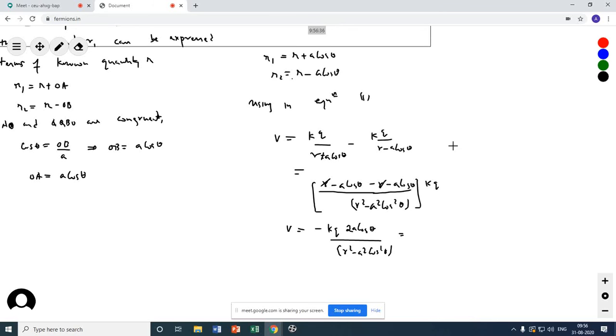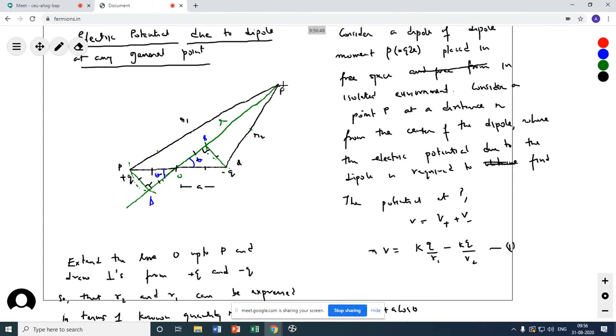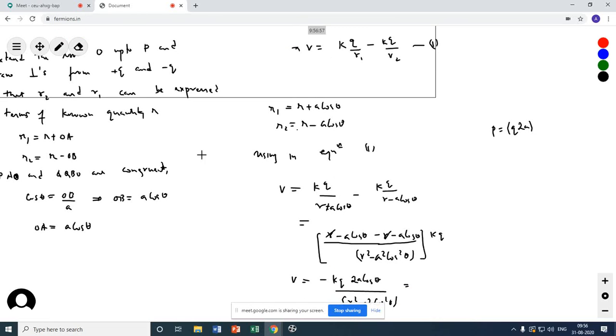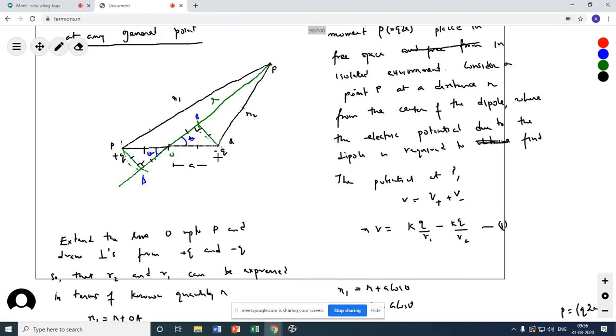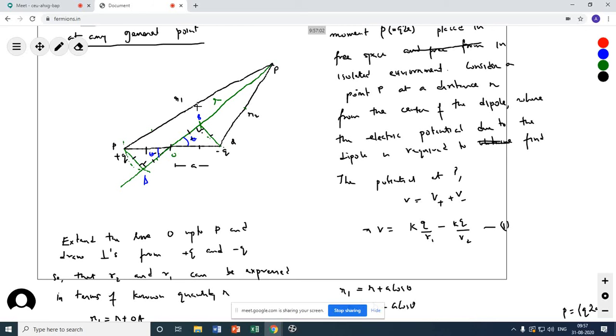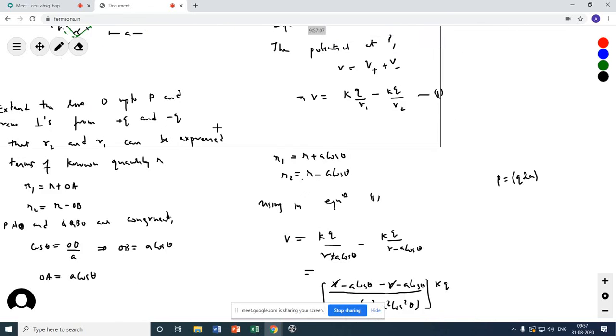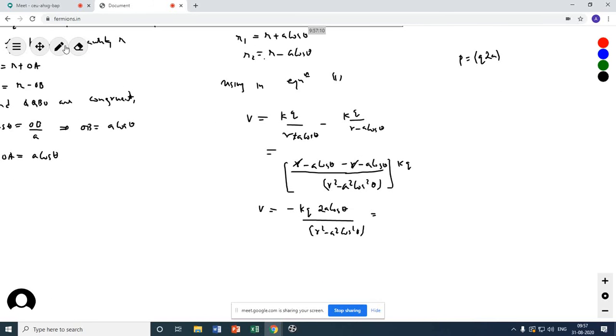Now what can I write? Remember what is dipole? Dipole moment is either of the charge, whether plus charge or minus charge, doesn't matter, and the separation between the charges. So now you pay attention, I have taken the point P here and minus Q this side. So P is close to minus. That's why I am getting a negative sign here. But if you have taken this one to be plus and this one to be minus, and P being on the same side, this would have been plus. So it doesn't matter whether V comes as plus or minus at this step. No need to worry.